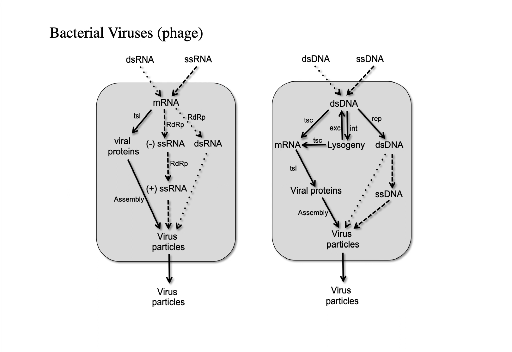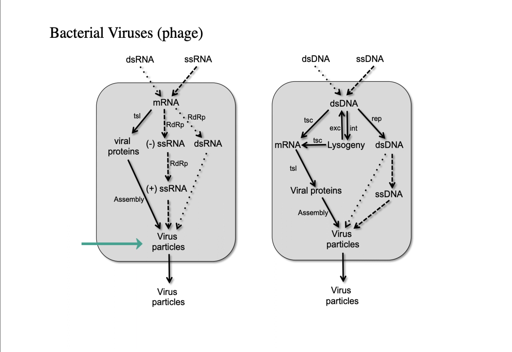They make viral proteins from the mRNA. If they're single-stranded plus strands, they need to make a plus strand from the minus strand. If they're double-stranded, they just make a double-stranded virus particle. Or nucleic acid, which is then encapsulated into the virus particles that have been formed, and then finally lyse the